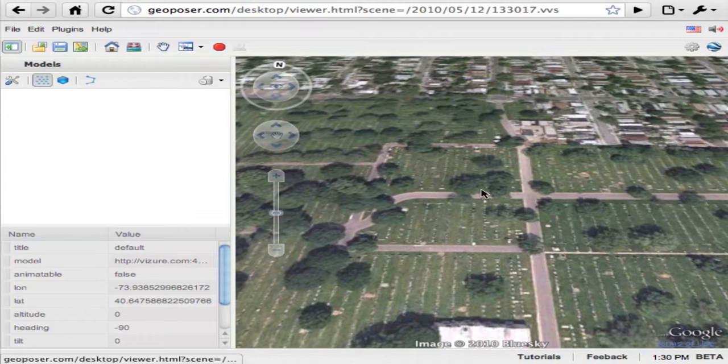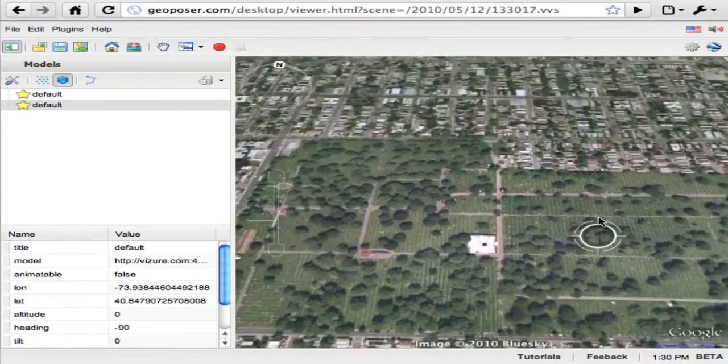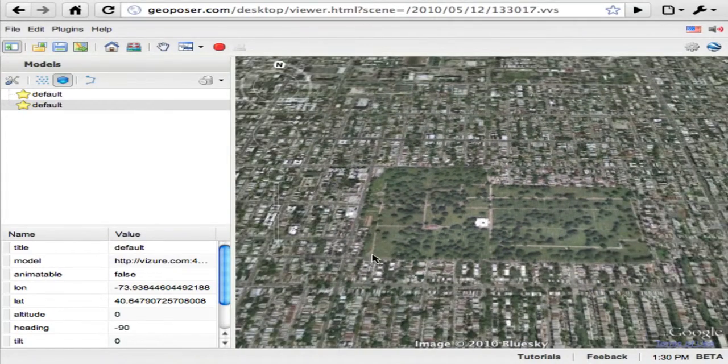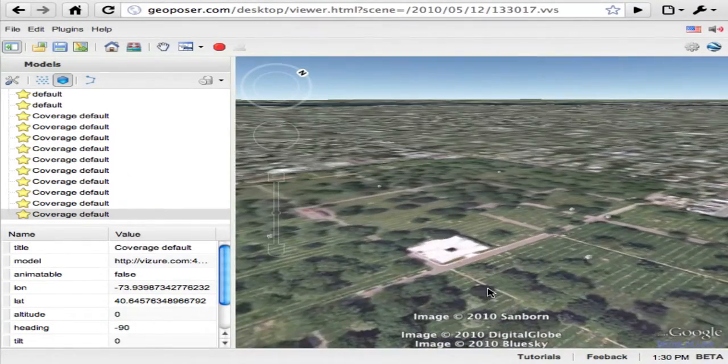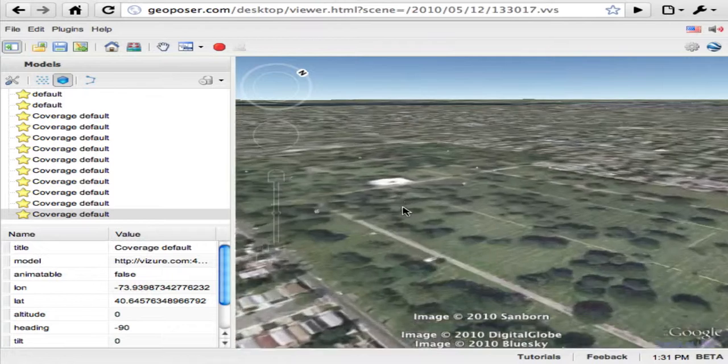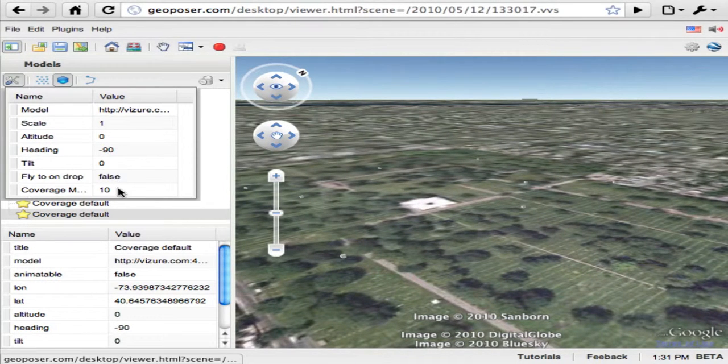For points, double-clicking on the map will drop down a model. For coverages, digitizing a polygon and double-clicking to end the digitization will drop down multiple models inside of that coverage polygon. You can control the amount of polygons that get dropped into the coverage by setting the value for the coverage